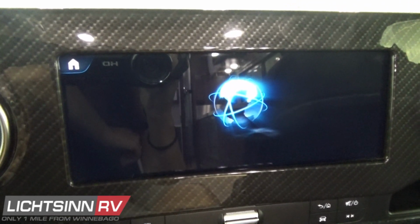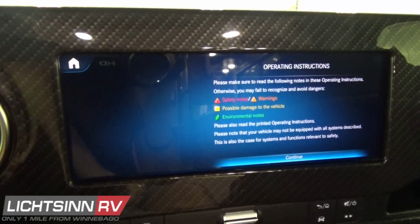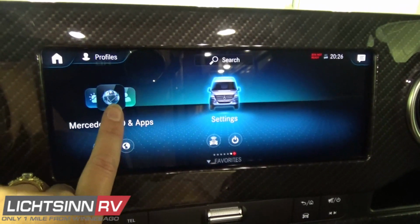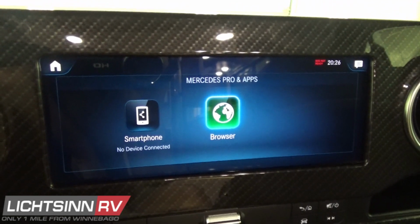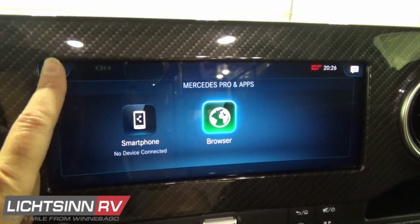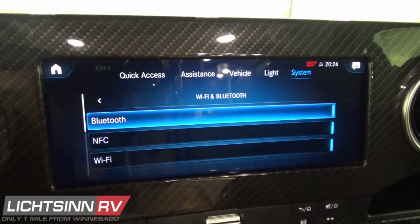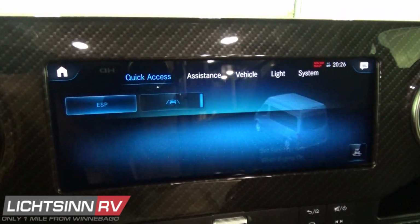And if you do enable the Mercedes Pro apps, these are really designed for fleet management, as this is a commercial cargo cutaway van style chassis. They're really configured more for commercial access, but if you do want to activate the Mercedes Pro apps, you can use the 4G hotspot that is permanently mounted underneath the passenger seat. The only downside to this is you do have to enable this through AT&T, and you cannot swap out the SIM card. So most RVers have opted for such as a Winegard Connect 2.0, such as a Wi-Fi and 4G